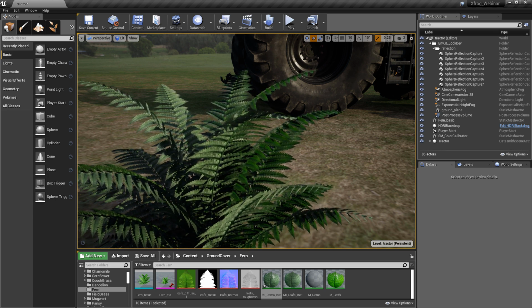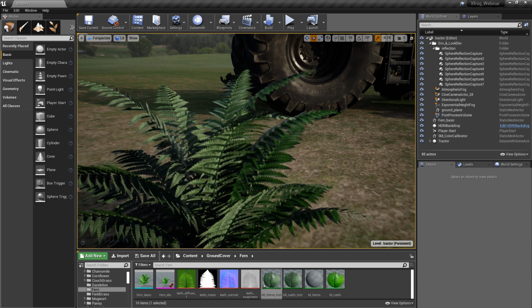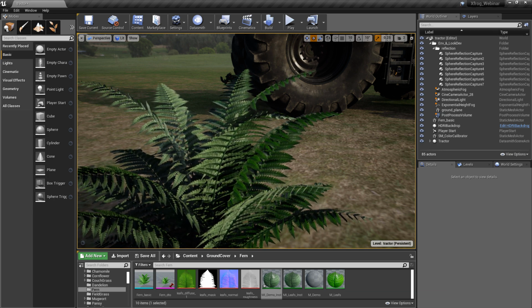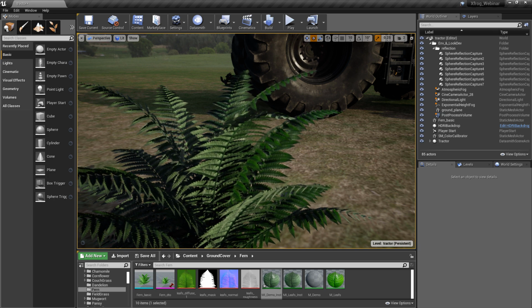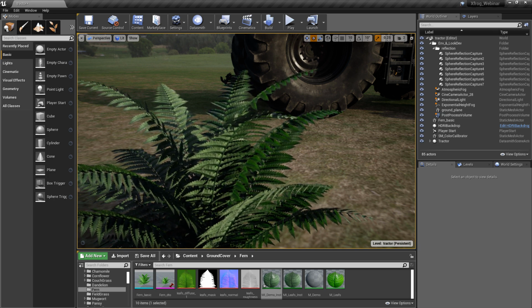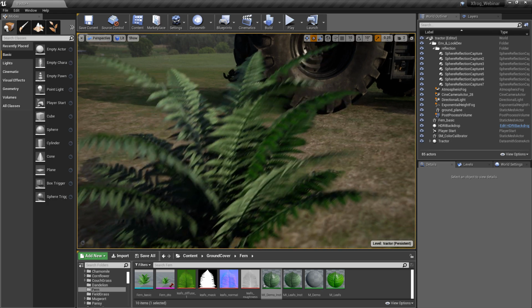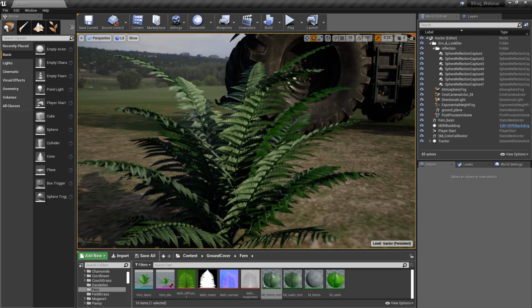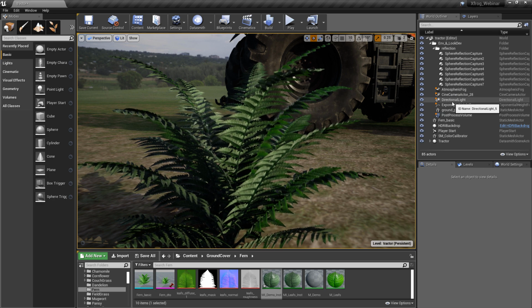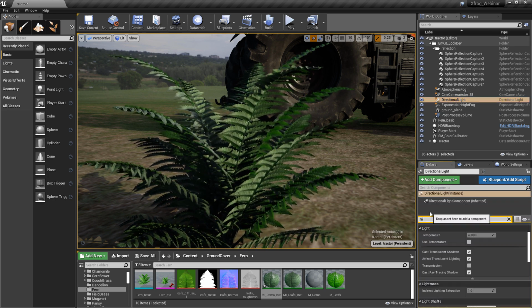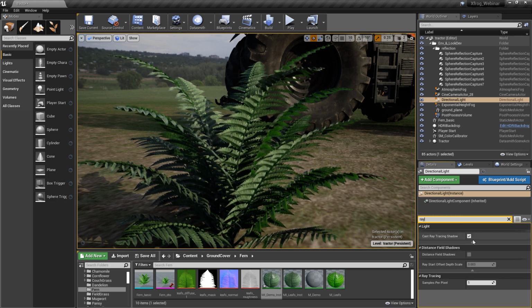Obviously, the ray tracing stuff is changing fast and furiously. Every release, we support more things. The quality gets better, the speed gets better. I just mentioned two things that world position offset were improved in 4.23, but this didn't get there. So to fix that, the workaround is actually pretty easy. I'm just not going to ray trace the shadows on my directional light. So if we go to our directional light and we search for ray and we turn off ray trace shadows,